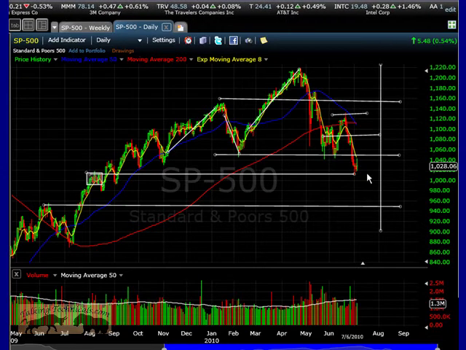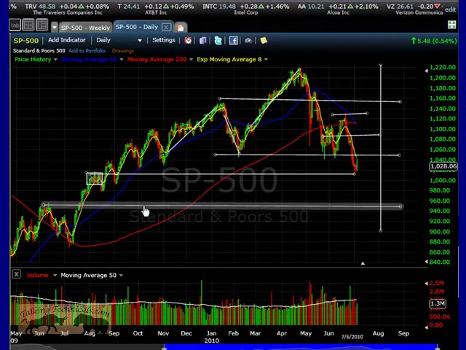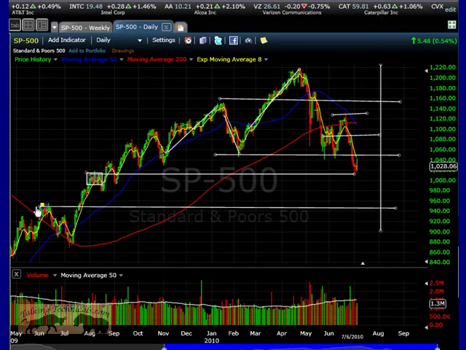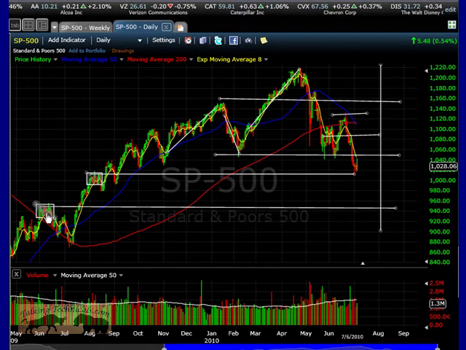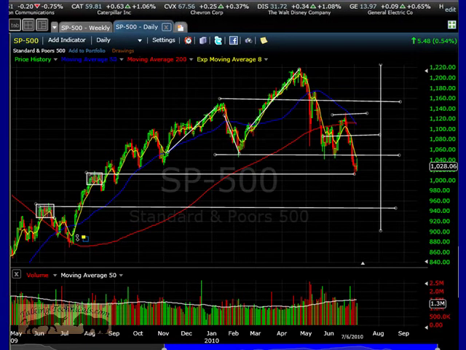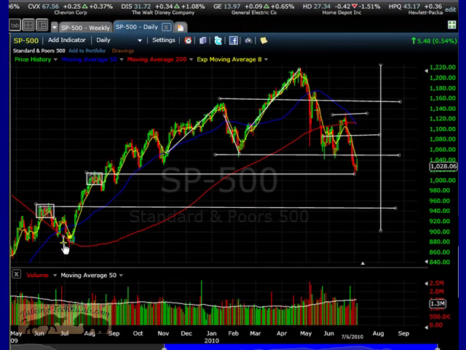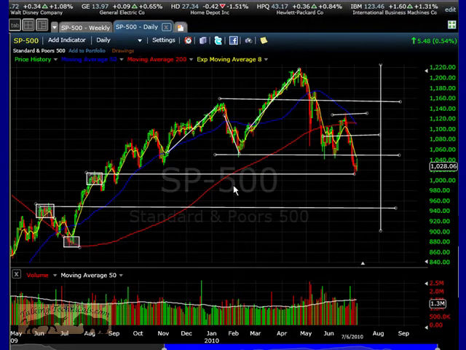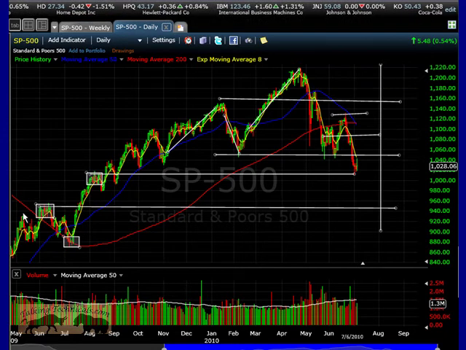which means we've got a pretty clear shot down to the 945 area, where we've got another support level here. These previous highs will act as support, and beyond that, this little low here will act as support. So these are the next two levels of support that we're really paying attention to,